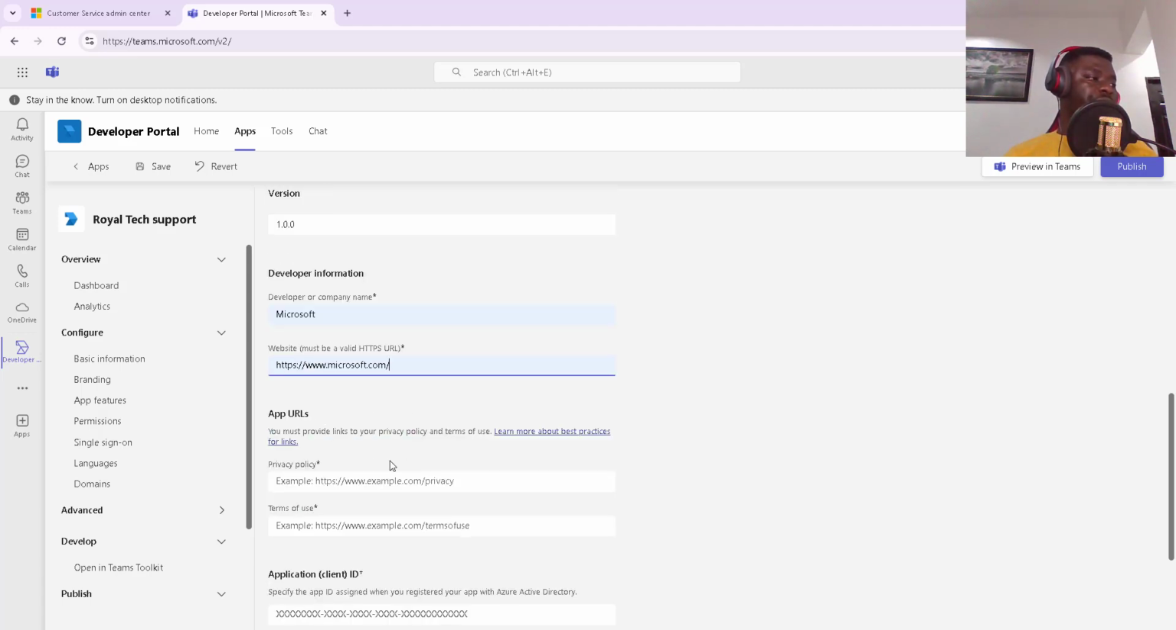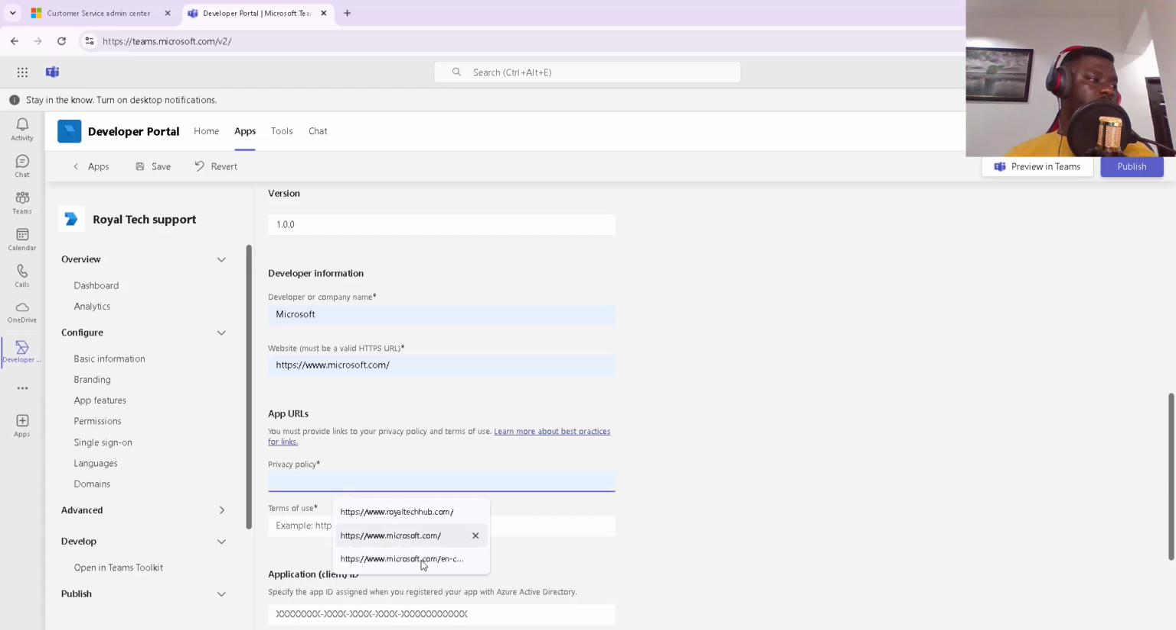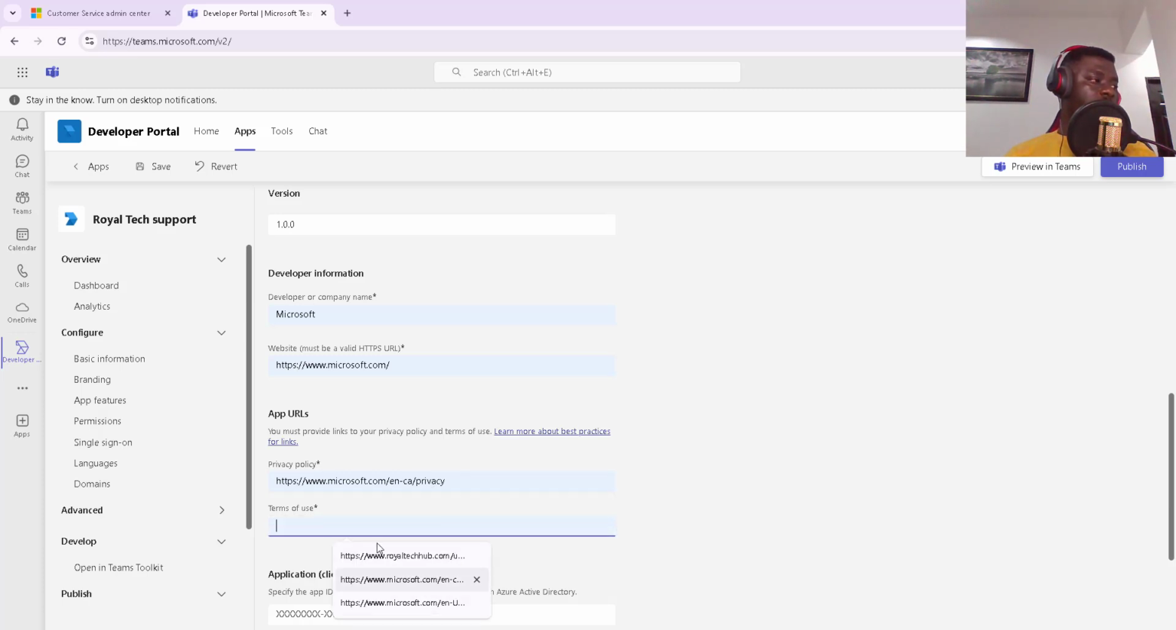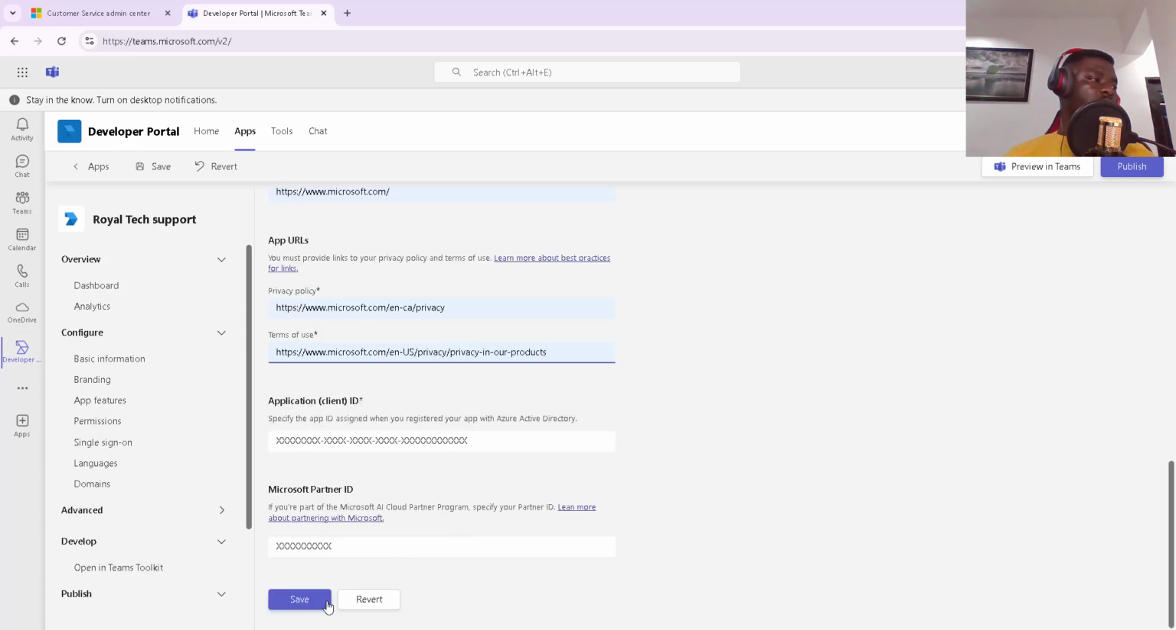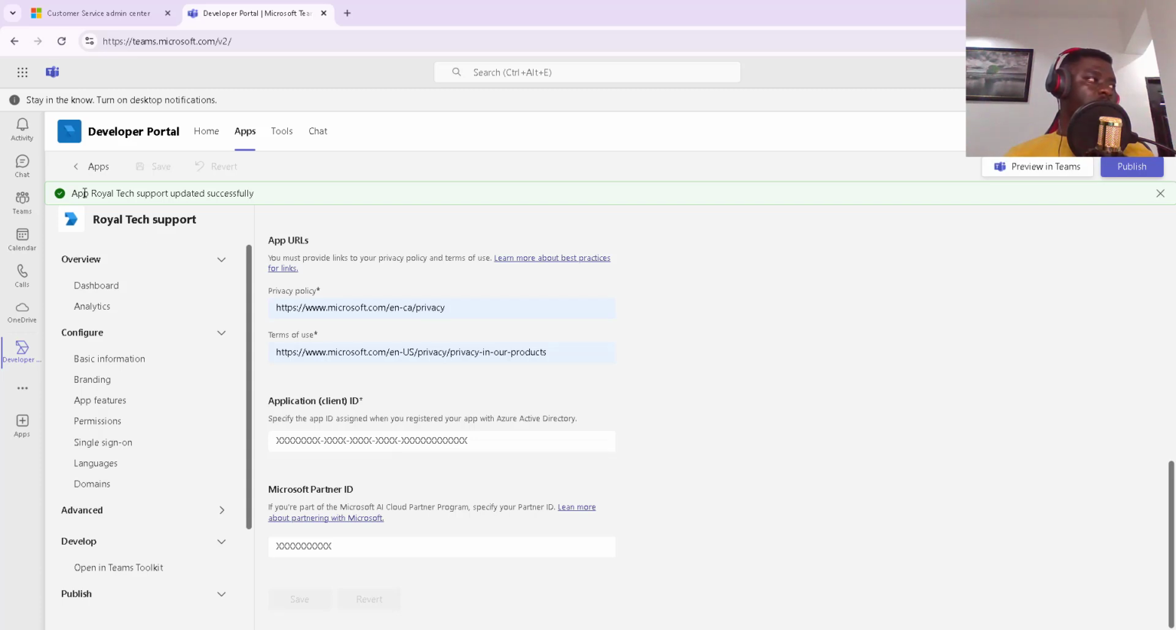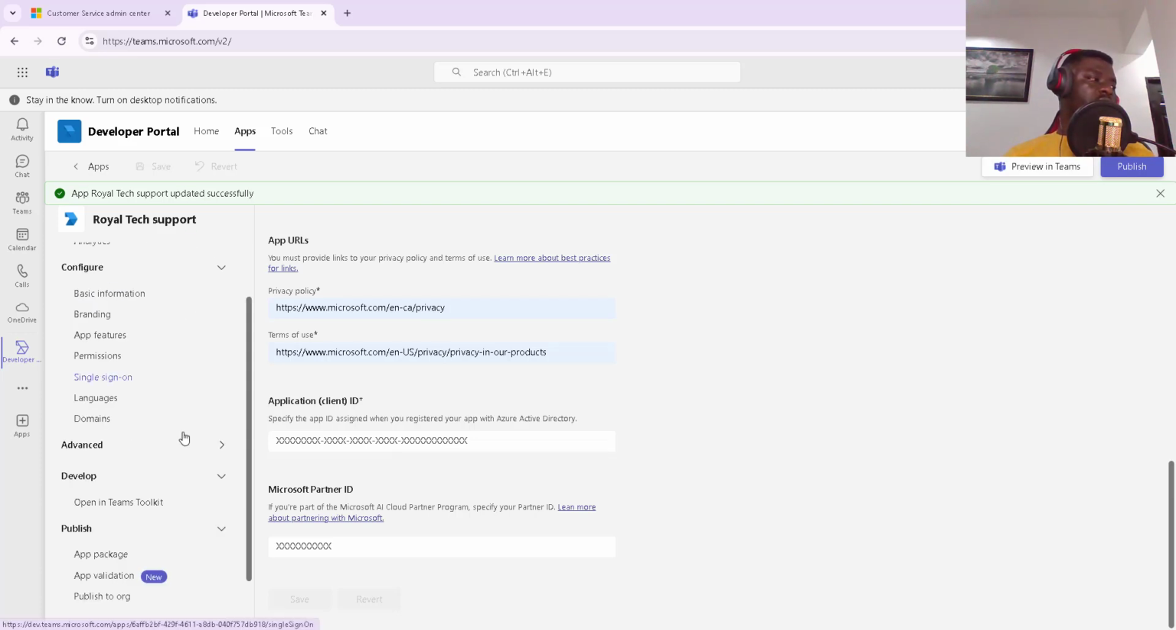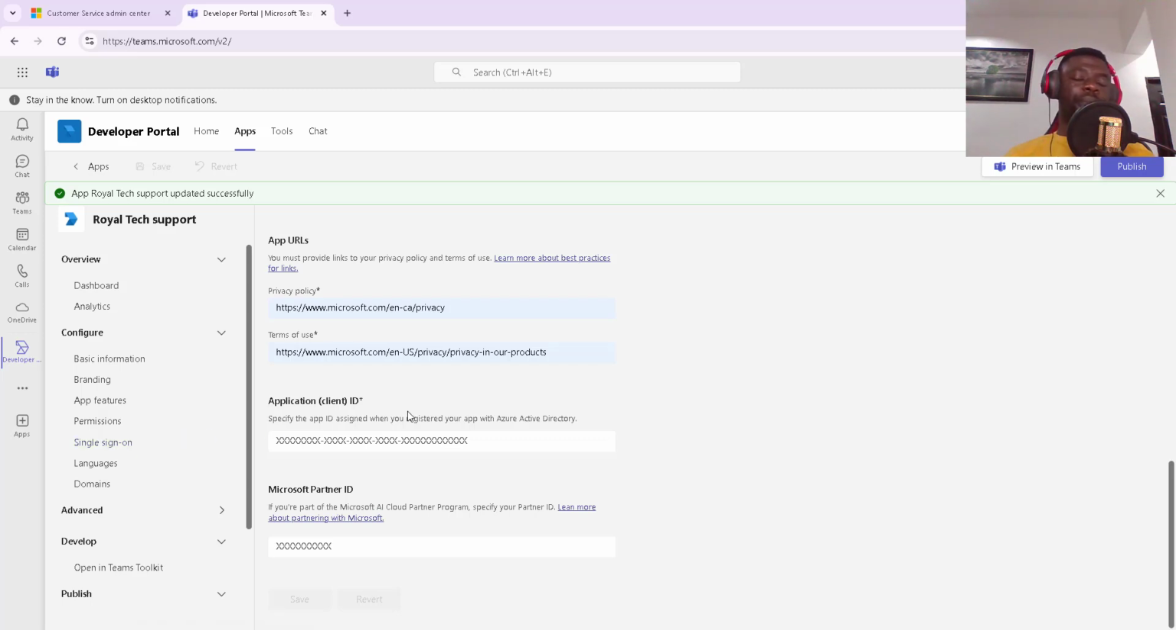Then for your privacy policy, you need to enter your privacy policy. The one I'll be using here is that of Microsoft's privacy policy. So I'll just take this, which I've used previously. And also for the terms of use, I could just use the privacy policy for our product from Microsoft. This is to get us going. So I click on save. So our app is saved. When you're done to this point, you then go back to your work stream and do some configuration so that you can pick up the application ID for the bot, which you will then use to complete